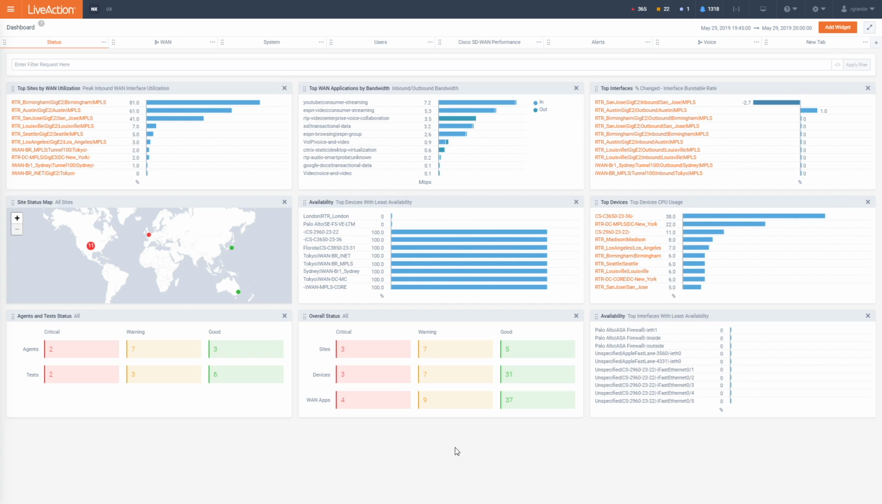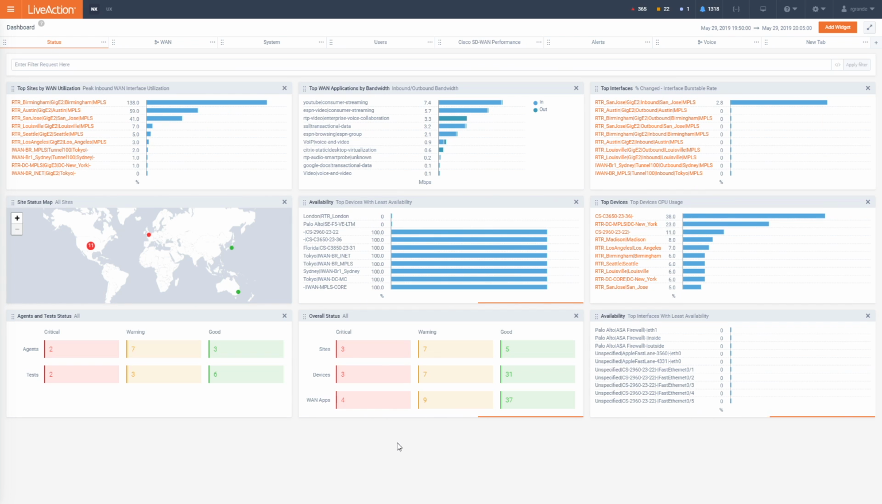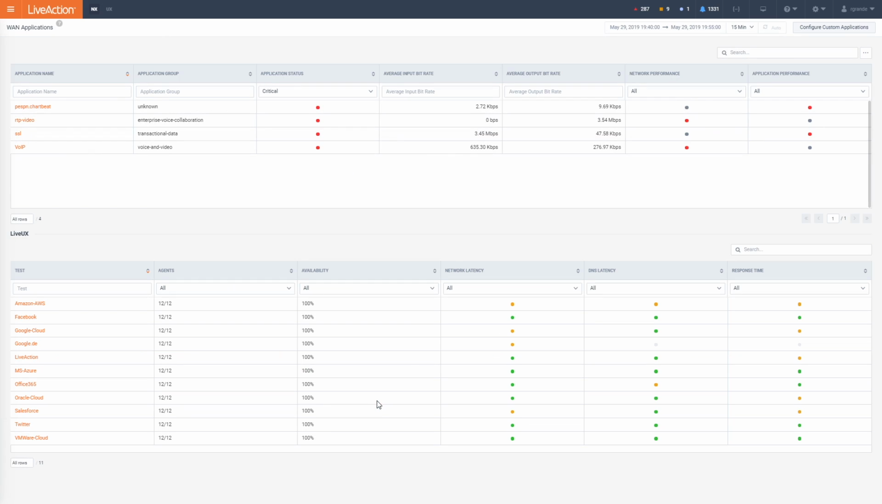We're going to be starting off in our HTML5 interface, focusing on the Status Dashboard tab and the Overall Status widget. This widget shows us that we have several sites, devices, and applications that are not only in warning status, but also critical status. We're going to focus on the apps in critical status by clicking on the box in the lower left-hand corner. That takes us to the application page already filtered for those applications that are in critical